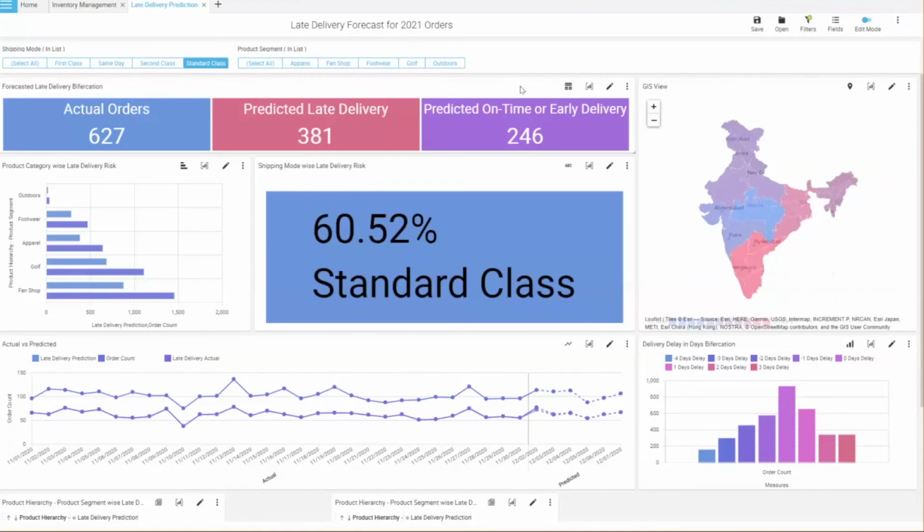All the formatting properties are available on screen, and the interconnectivity, or the cross-filtering mechanism between these widgets, like if you select one, the other will get filtered, is internally taken care of by the system based on the data models which have been created. So it's a no-code kind of visualization, yet very powerful and interactive.